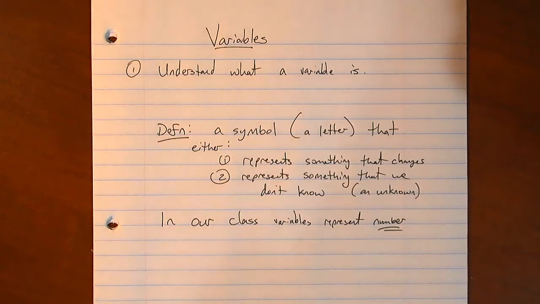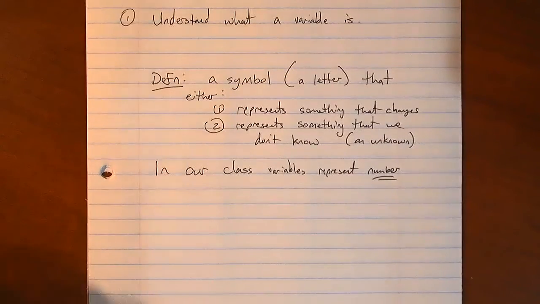So for example, we know from our previous video that the way we simplify with numbers is we use order of operations. That means the way we'll simplify with variables is we'll use order of operations. We know numbers have a property called the distributive property. That means variables also have a property called a distributive property, okay? So for example,